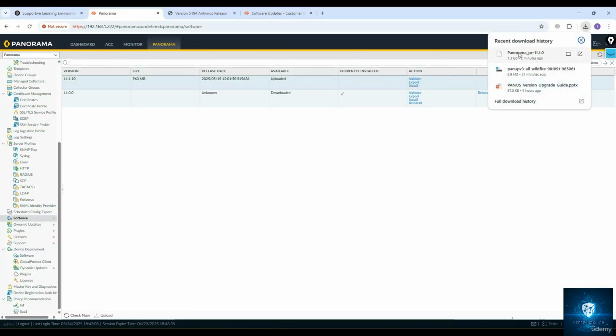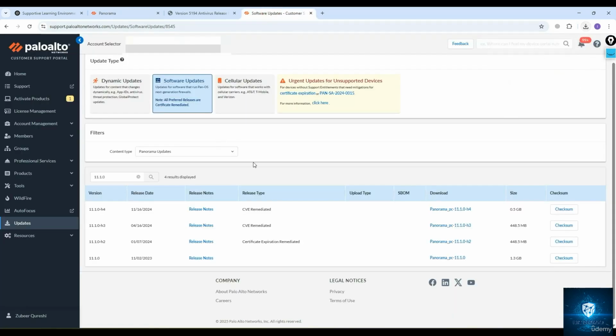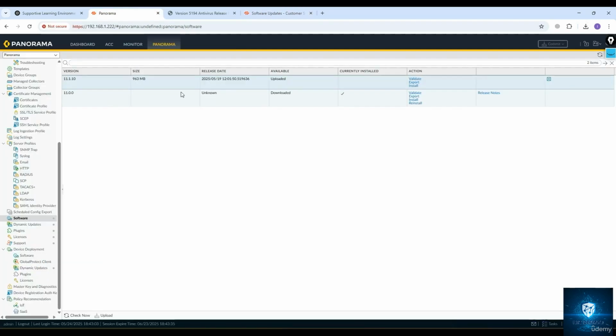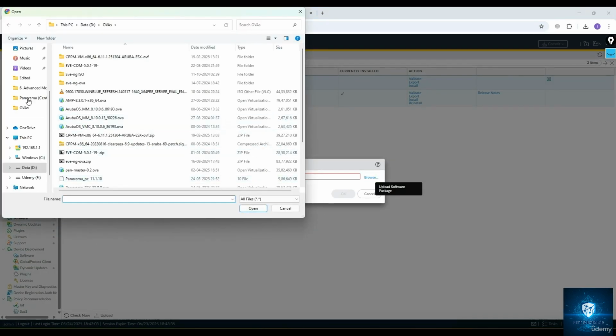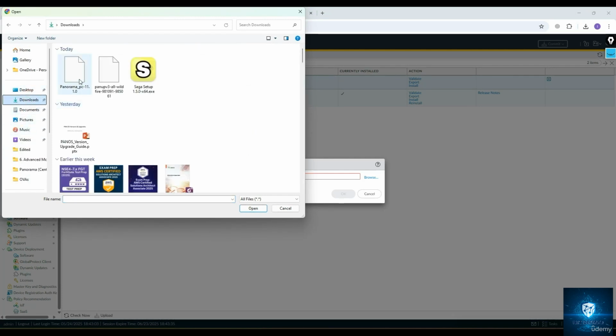Alright, great. So the file has been downloaded. This one, panorama pc 11.1.0, which we downloaded from the Palo Alto support portal. Now we'll go here and upload this first. So we had the requirement to upload the base image, which is going to be in the downloads, and this